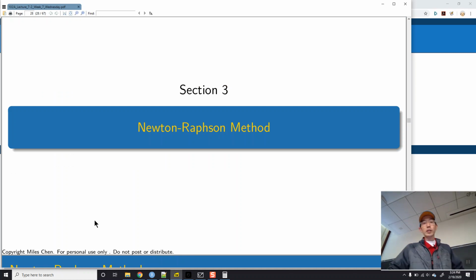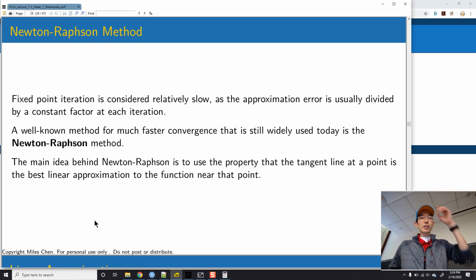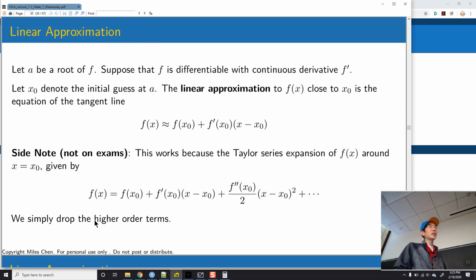Okay, here we'll look at the Newton-Raphson method, and I think in your calculus class you learned Newton's method, okay? And this is pretty much the same thing, right? Okay, and so in Newton's method, what we do is we draw the tangent line at a point, and we say the tangent line is a good linear approximation of the function itself, right? And that's because, you don't have to remember this, but you learned Taylor series, and you can use all of these combinations of derivatives and recreate the function to some arbitrary level of precision, and